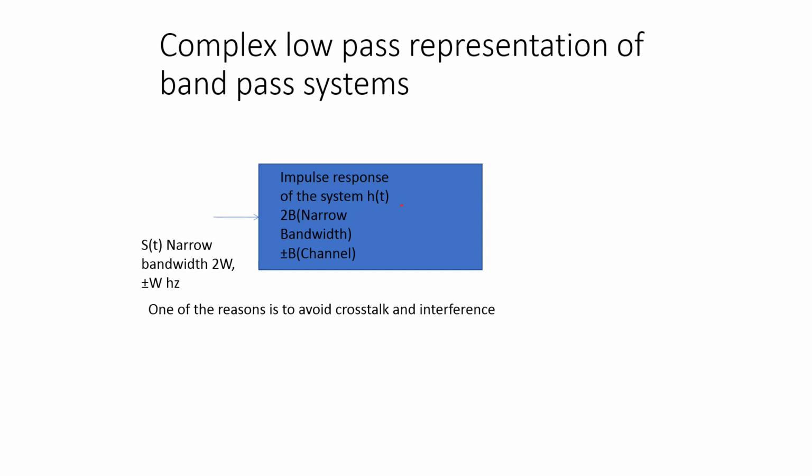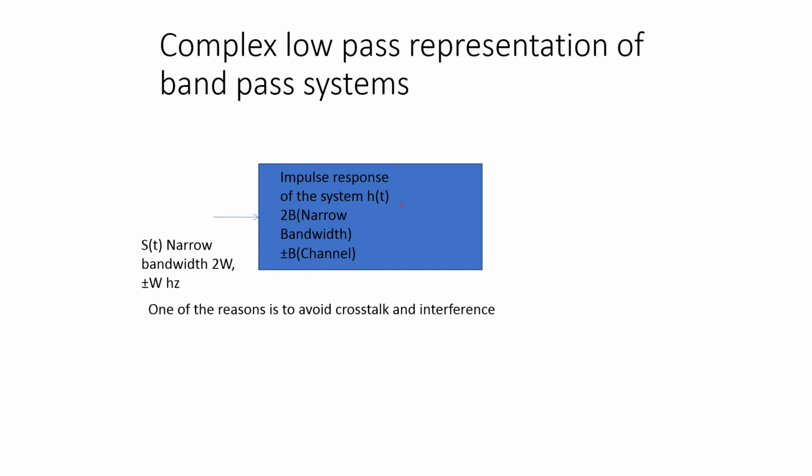Today's topic is complex low pass representation of band pass system. Here, the channel is considered as the system which has the impulse response of h of t, having the bandwidth of 2B, that is the narrow bandwidth channel, plus or minus B, that is the bandwidth. That 2B width channel is going to be fed with s of t,